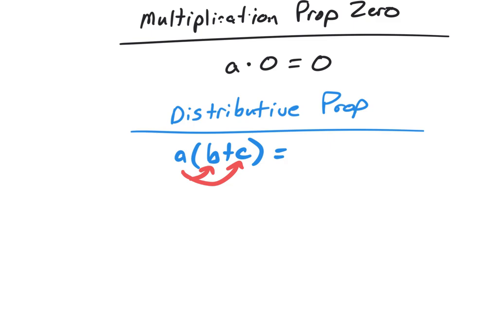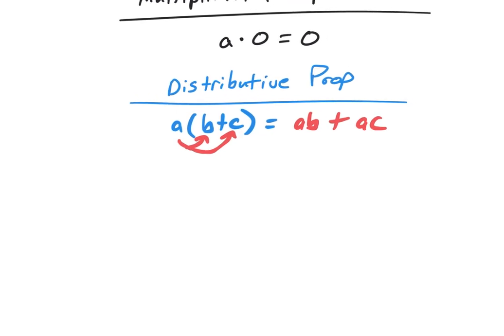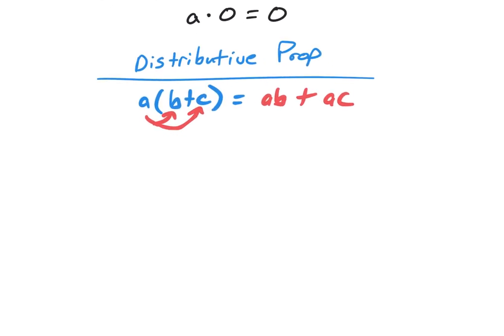Now, in this case, I have variables in all the situations. That's not typically how we will see it or how you have seen it in most cases. But here we have a variable in all 3 locations. So I'm going to take A times B plus A times C. A gets multiplied by both parts on the inside. The plus sign in between stays in between. Okay, to show you why the distributive property works,